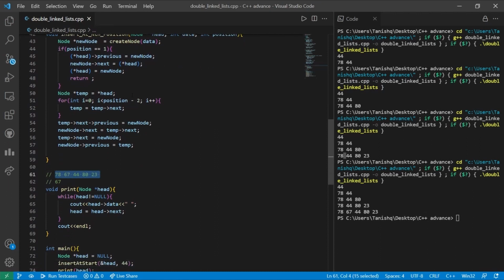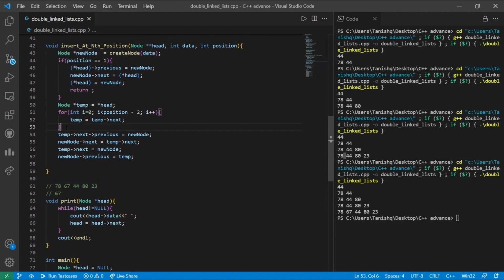So as mentioned earlier, the loop is going to be executed 0 times as the position minus 2 is given over here. The reason behind doing minus 2 here: first is the index. The index concept we know starts with 0, and second, the first pointer is the head itself. Because we initialize the head as the first pointer, we need to traverse through the loop one time less. So that's the reason why the minus 2 is written over here.